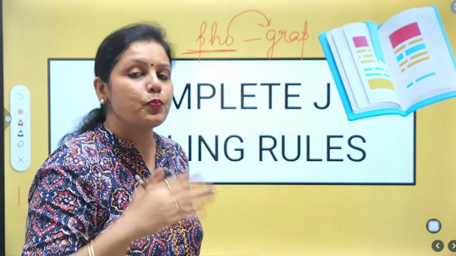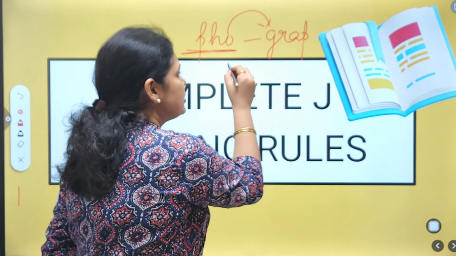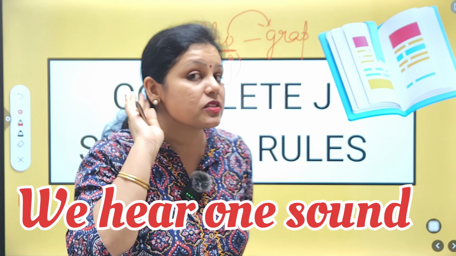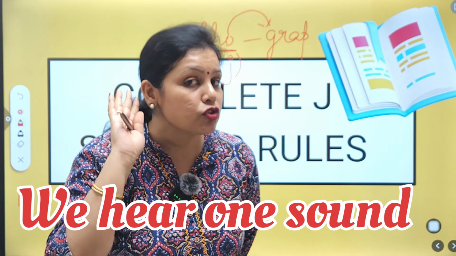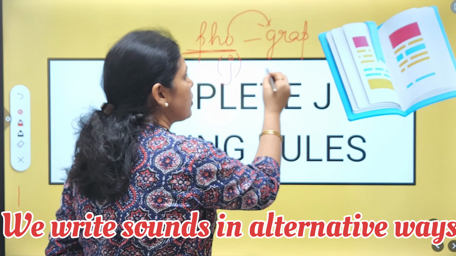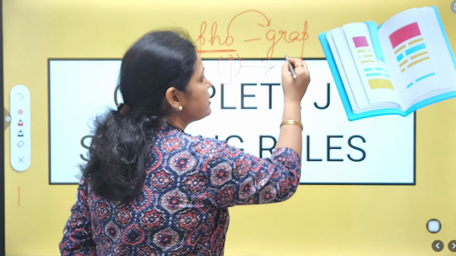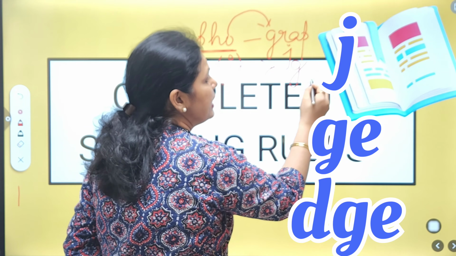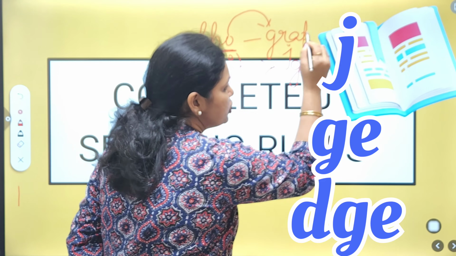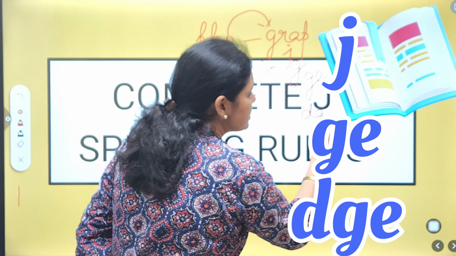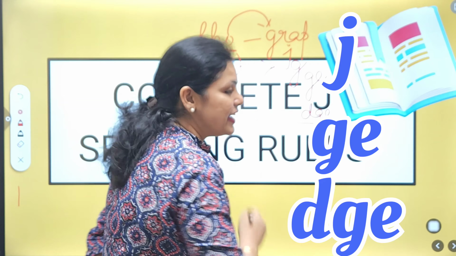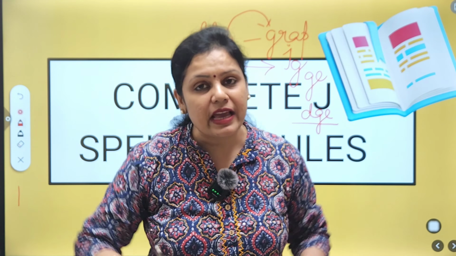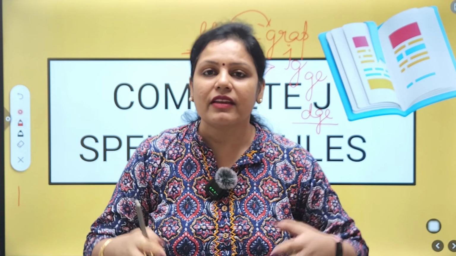In the English language, many times this occurs that you have only one sound that you hear, that is /j/. But when it comes to writing, it may be written with the help of j, it may be written with the help of g, it may be written with the help of ge, or it may be written with the help of dge. So I welcome you to today's video where we are going to discuss actually that whenever